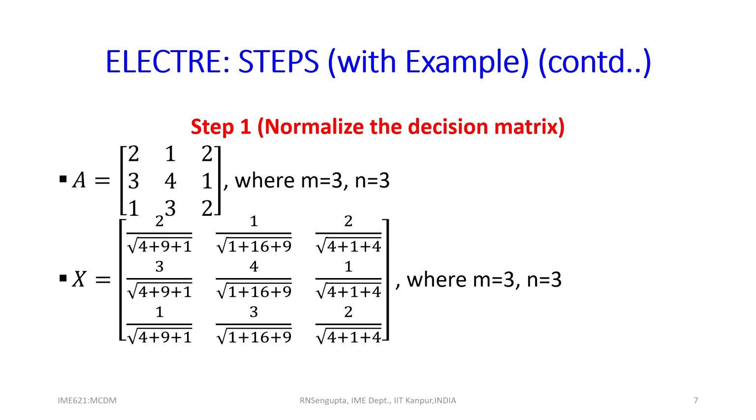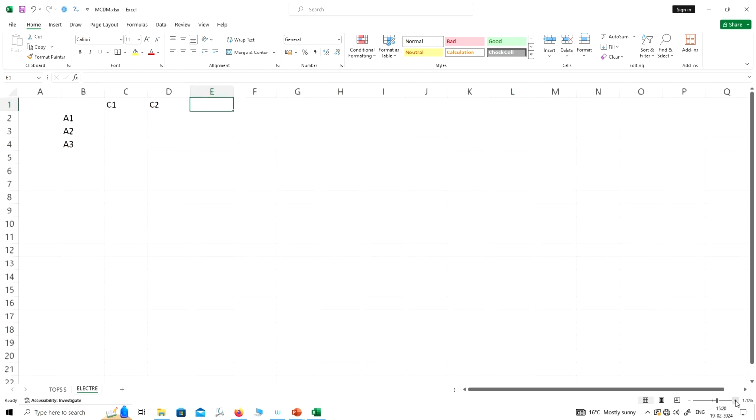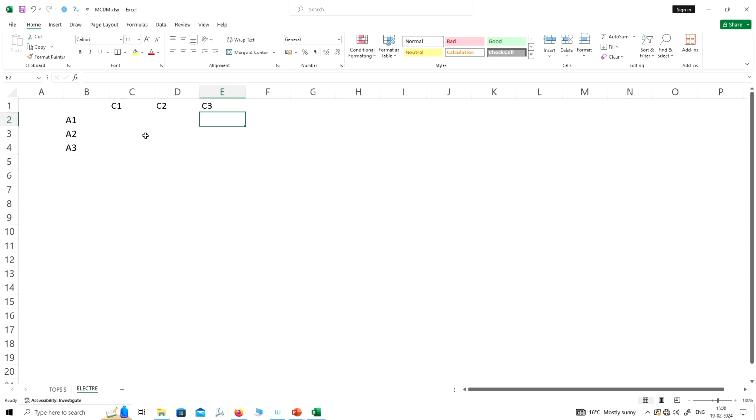Now, here let us consider, the normalization has to change because it should not be the square root, but a square here. So, let me do the problem accordingly. I will consider m as 3, n as 3. So, let me mark it as A1, A2, A3, this is C1, C2, I should zoom it more so it is visible to all, and C3, and this is, say for example, the matrix